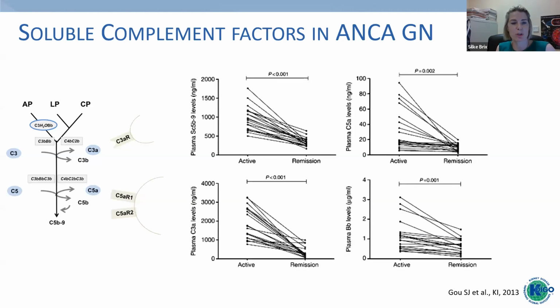But I just want to point out this publication: if you look more into the cleavage products, other complement factors that have been released, that could be a hint of what complement is involved in, because in active vasculitis it was proposed that you do have more C3a and C5a release, and that this calms down when people are in remission. But certainly looking at these hints,